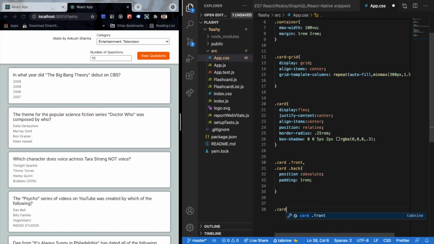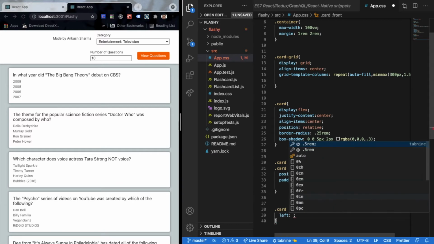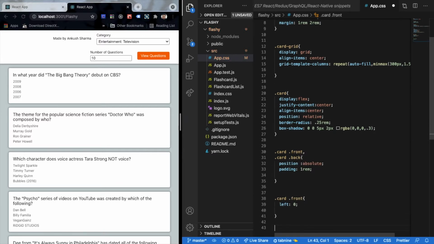So the next thing we would want is that the front should have a left of 0, and finally my back, or the back face, should have some sort of color or rotation present on it.